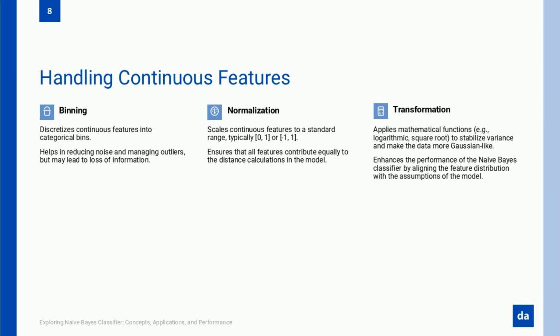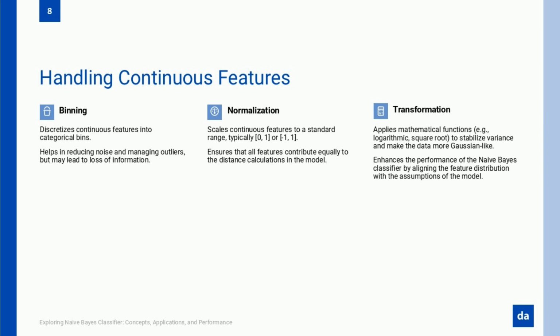Aligning the feature distribution with the model's assumptions enhances its ability to calculate probabilities accurately. Together, these techniques, binning, normalization, and transformation, are like tools in a sculptor's toolkit. They shape the raw, unprocessed data into a form that fits the needs of the algorithm, but there's always a balance to strike. Over-transforming the data can smooth out important details, while under-transforming can leave noise and irregularities that confuse